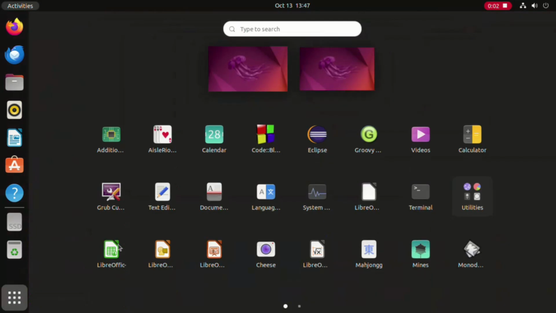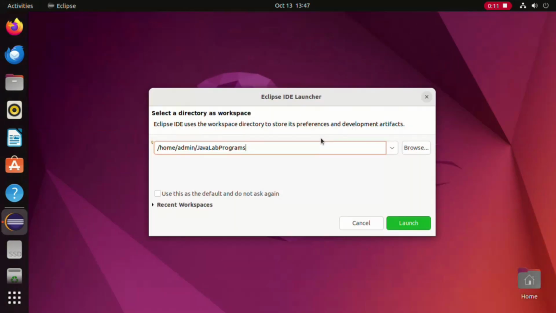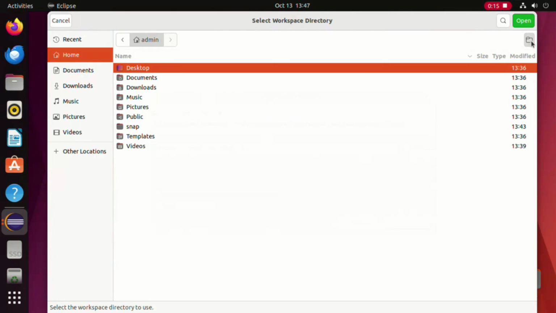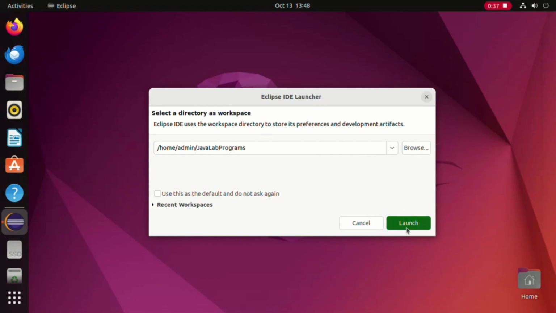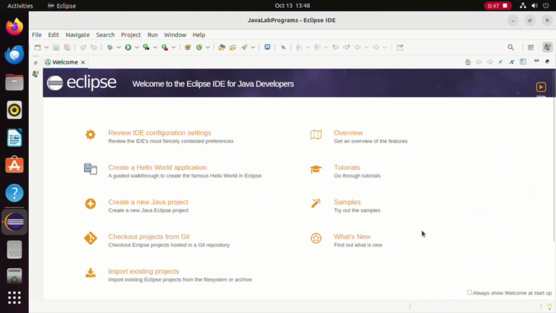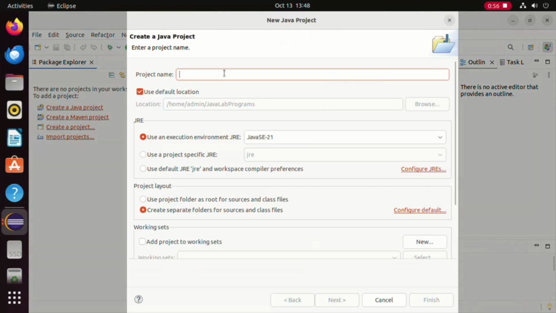In today's video we are going to learn how to perform matrix addition using Java. We'll go through the program line by line, understand how it works, and see how matrices are created, filled, added, and displayed. Here we are using Java 21 and Eclipse IDE Java Developers 2025 edition.